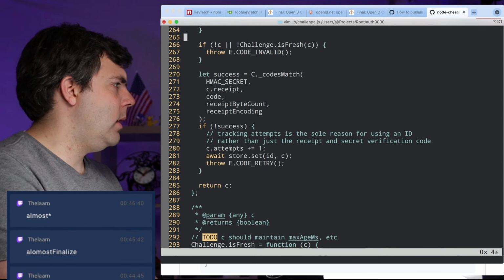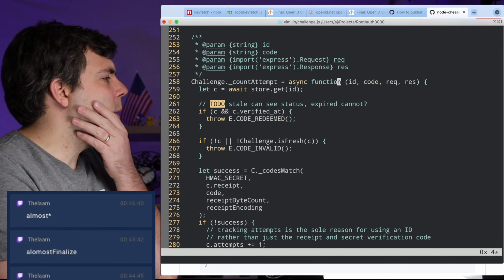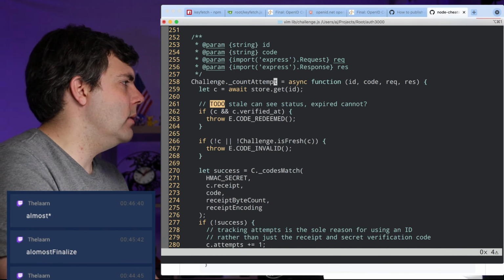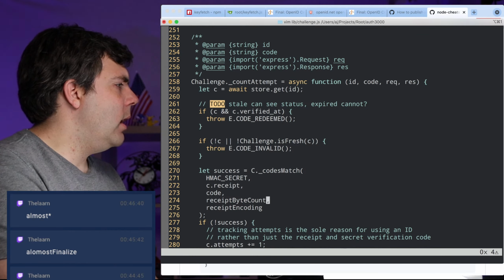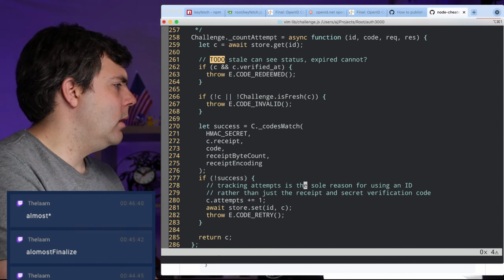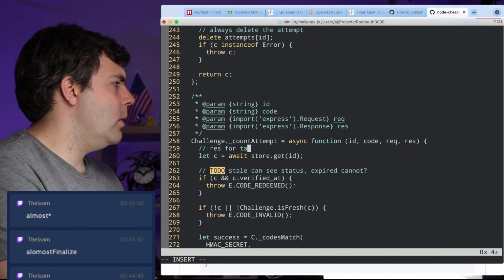It looks as though count attempt does not need res. I think we might want it to need res for the sake of tracking the IP address. I think that's why res would go in here. To do: use res for tracking IP.